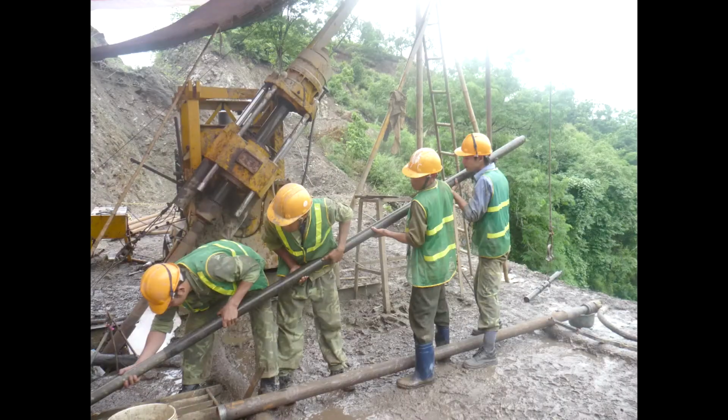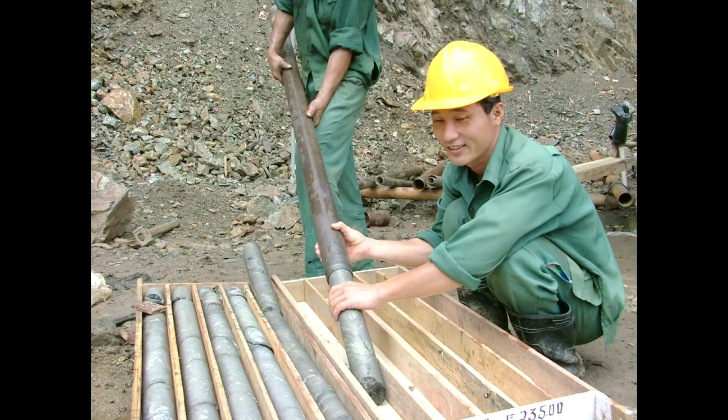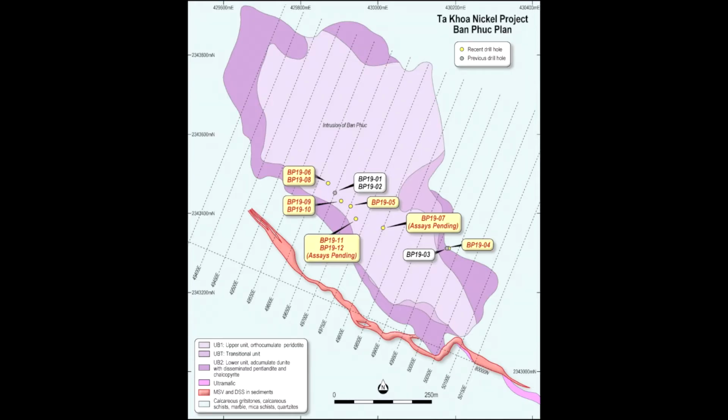Yeah, no worries. Since we last spoke, we started drilling. Initially we started with our own one rig. We very quickly added a second rig. We've raised $4.5 million recently, and now we've got the cash to put in another couple of rigs. So we're looking to put in a fourth rig any day now,